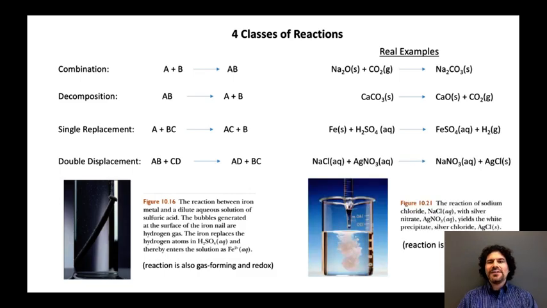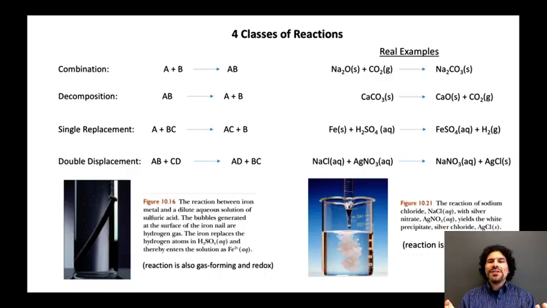Then for our final example, the double displacement reaction. We take an aqueous solution of sodium chloride and an aqueous solution of silver nitrate. In this example, we have the aqueous solution of sodium chloride in the beaker, and we're adding the silver nitrate through the dropper. They're going to switch partners. So the sodium, instead of being partnered with the chloride, is now partnered with the nitrate, and the silver, instead